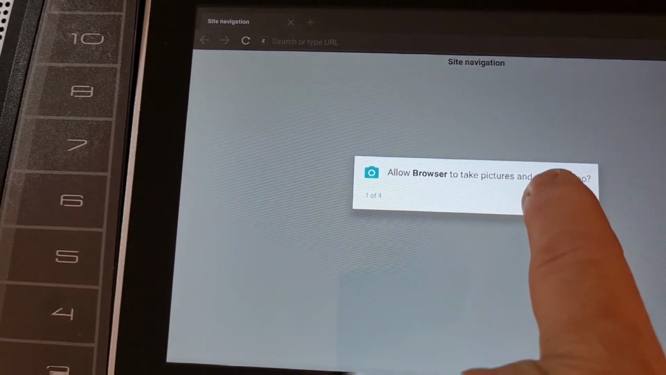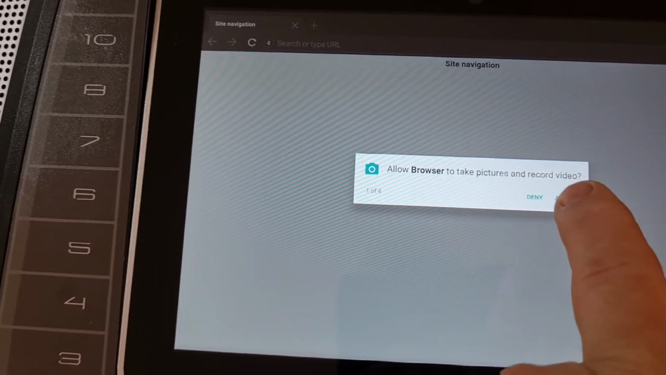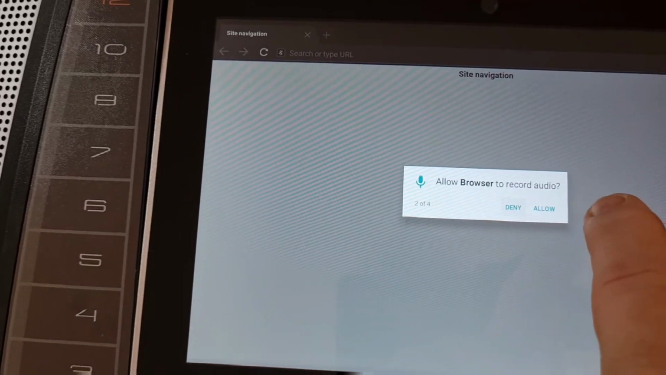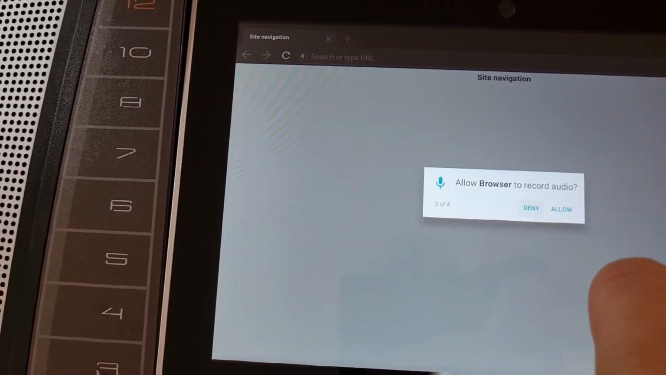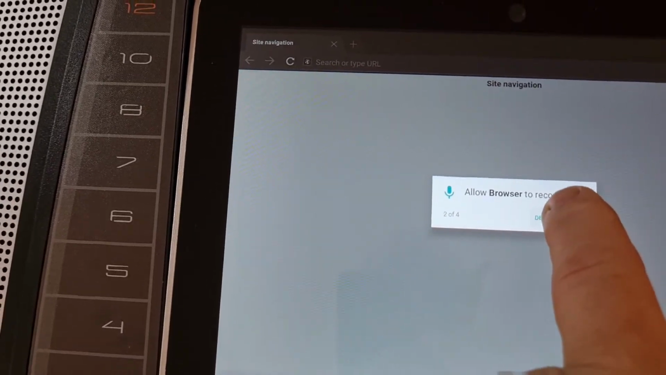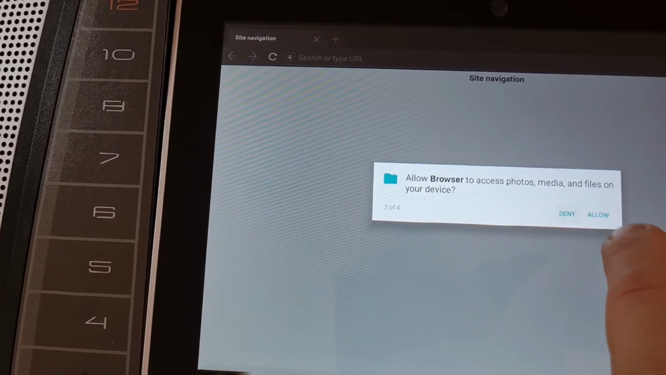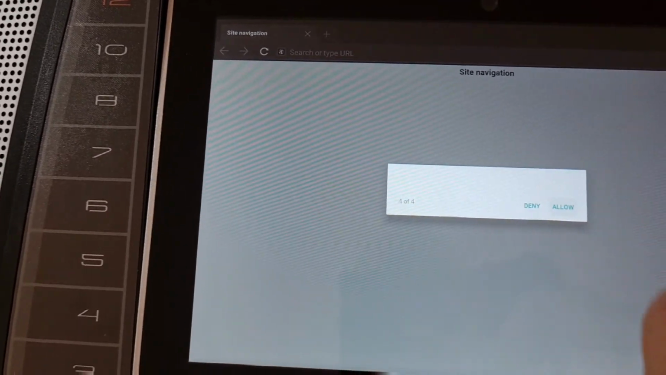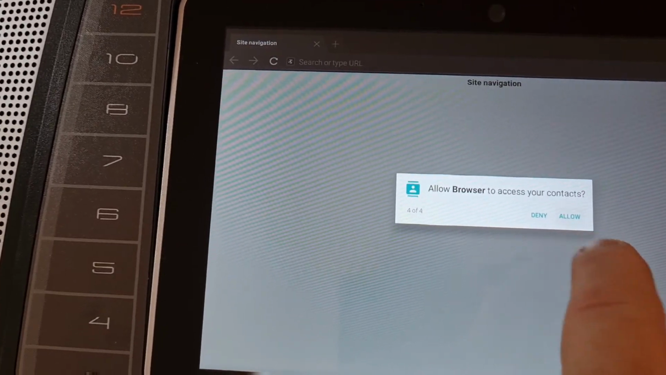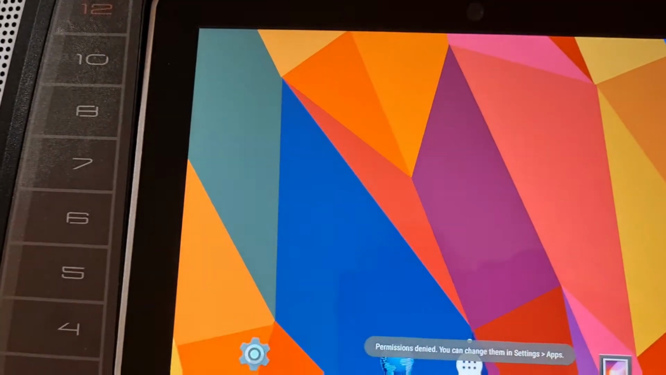Not really, but I don't want to record video, so deny that. Allow browser to record audio, deny it. Allow browser to look at files and stuff, allow that. Allow browser to access your contacts. Not really, not interested. Anyway,